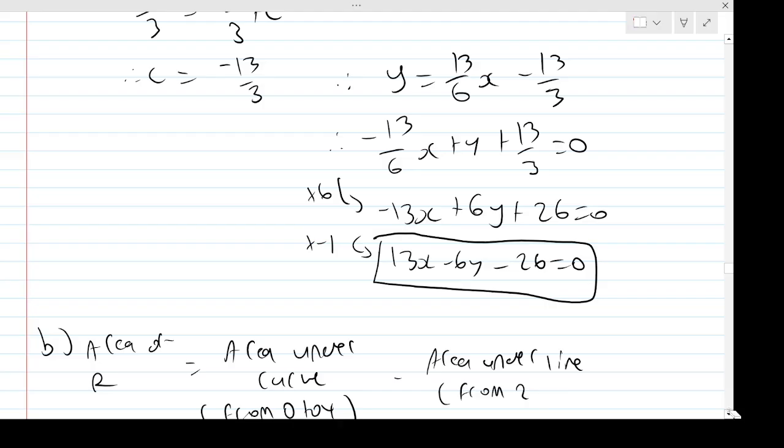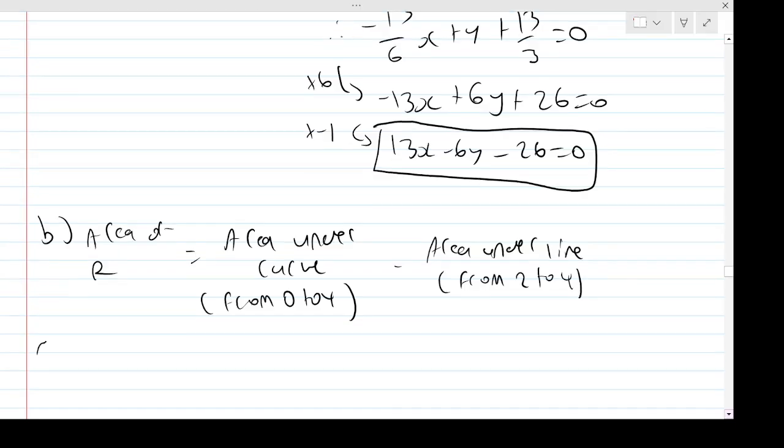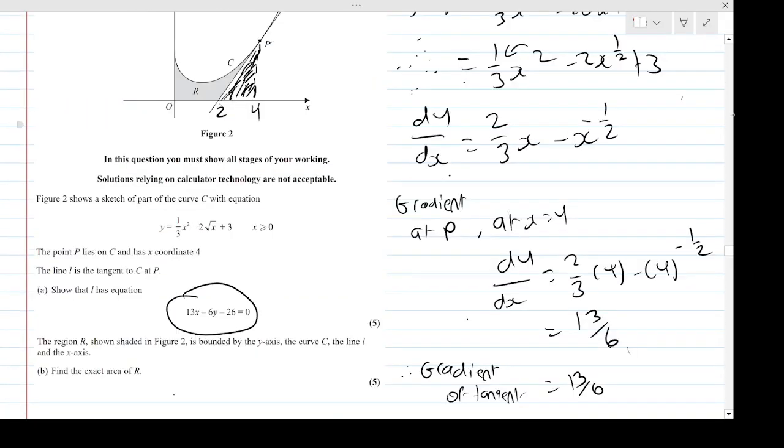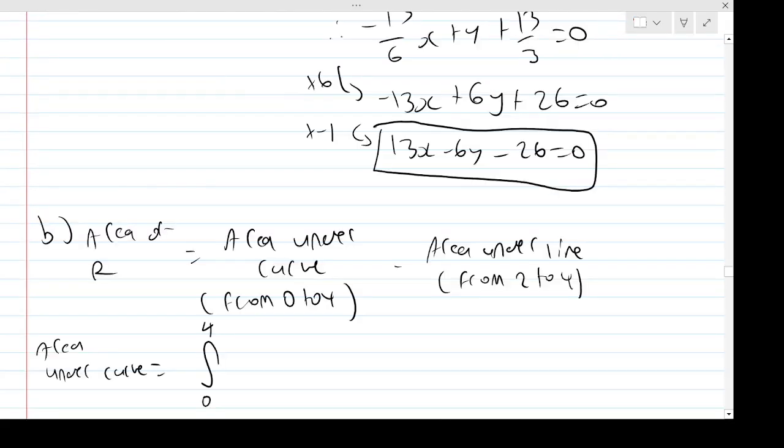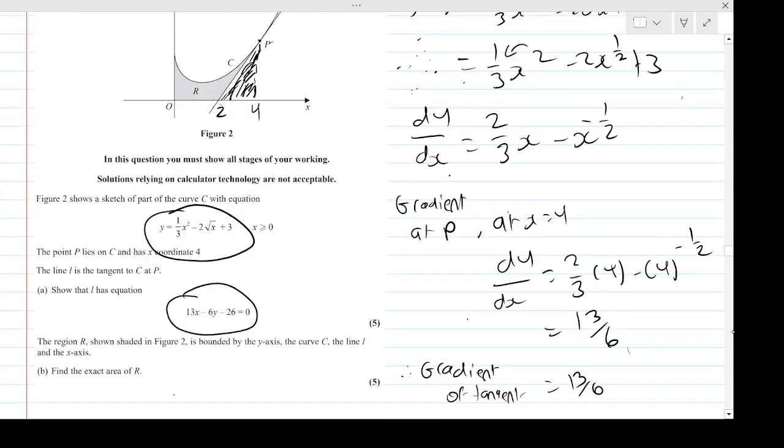So at that point, it's just a series of integrations, really. So firstly, the area under the curve. Well, as we discussed, it's between 0 to 4. And then the curve has this equation here: a third x squared, take away 2 root x, plus 3